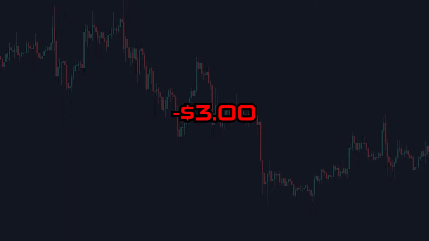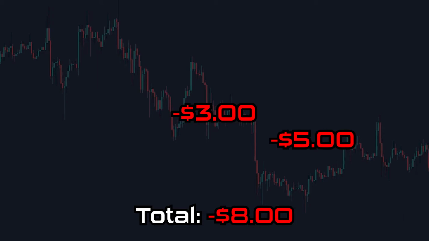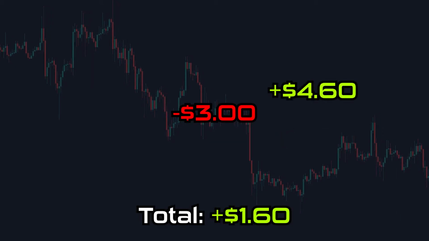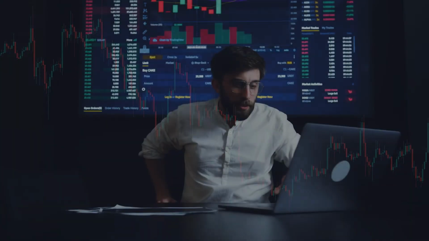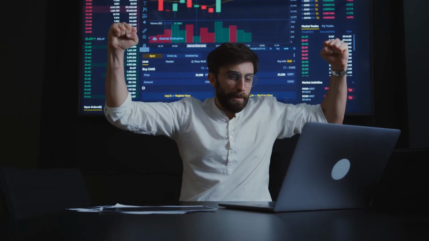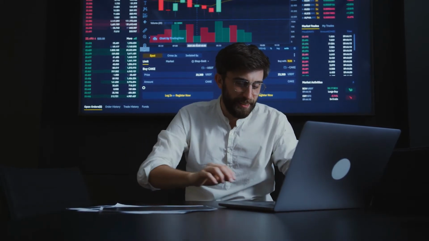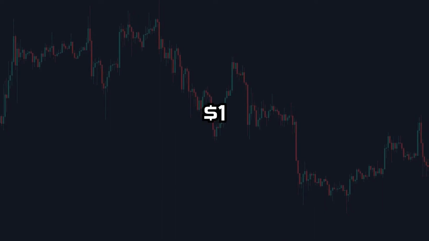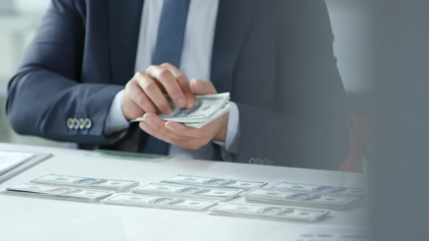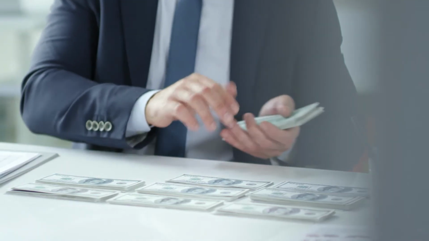Risk now $5. You either increase the total loss to $8 or virtually cancel all losses and get up to $1.60 in profit. You know all losing streaks must end sooner or later, so this way you're gonna recover all your losses and get some extra as profit. When you win, for the next trade you should start from risking $1 again. To be able to recover all the losses all the time sounds amazing, I guess.